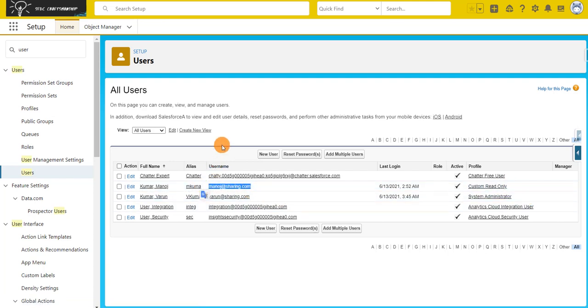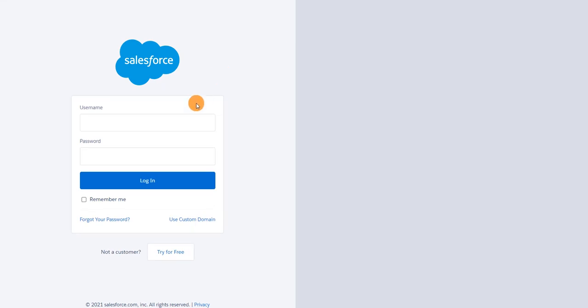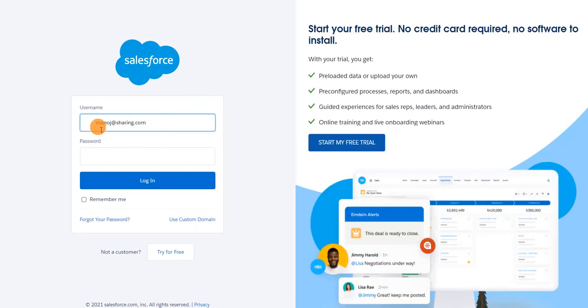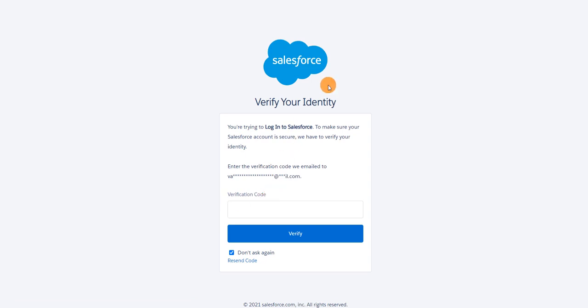Here I'm going to enter my username and password. This user has a profile called Custom Read-Only, and once I click on login, it's going to ask me for a verification code. So I'm going to enter my verification code here and just click on verify.